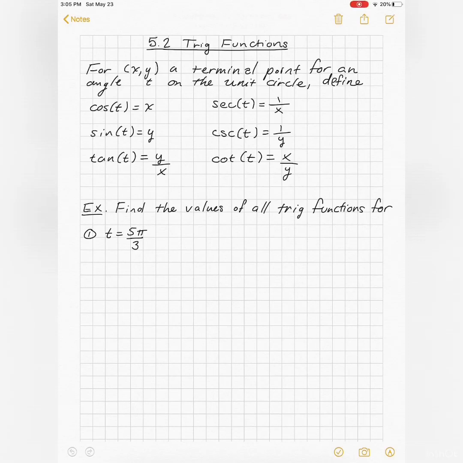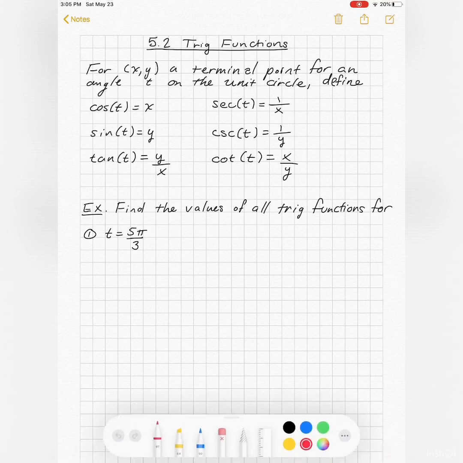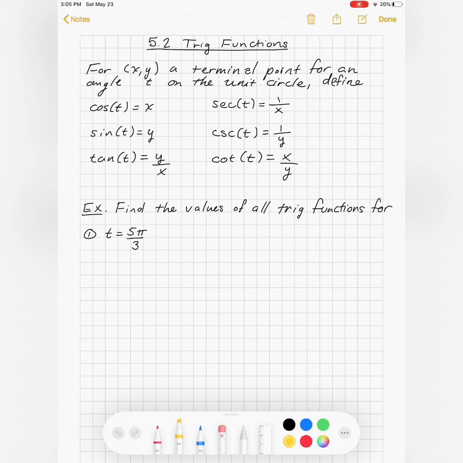All right, so now that we've looked at the unit circle, let's come up with a few more definitions. We talked about terminal points. For a given terminal point (x, y), for an angle t on the unit circle, we're going to come up with some definitions. We're going to call the x value from that terminal point cosine of t,